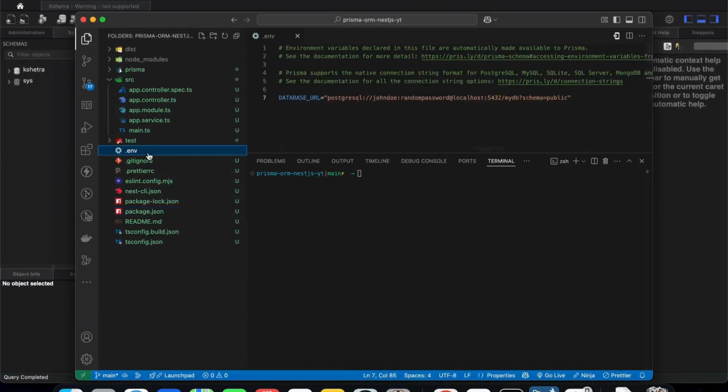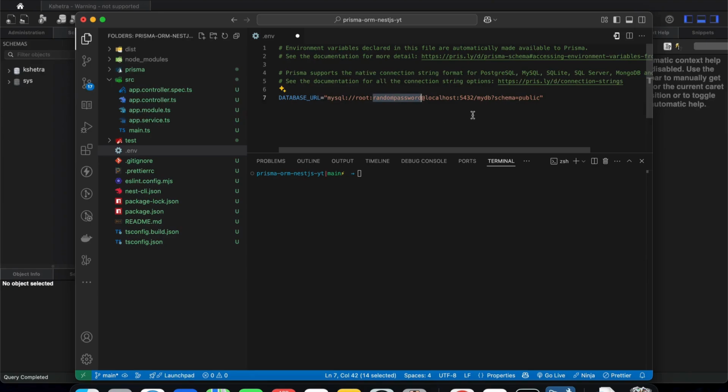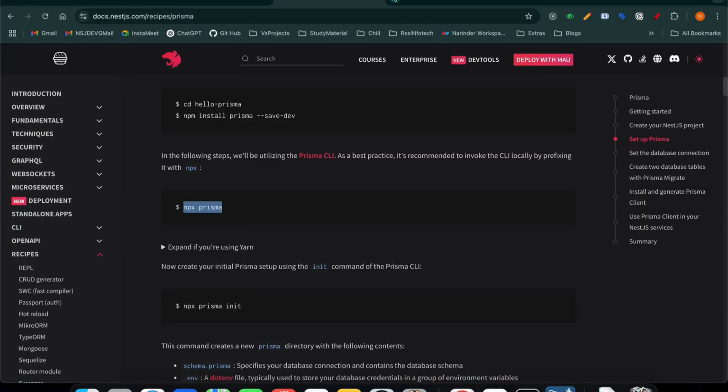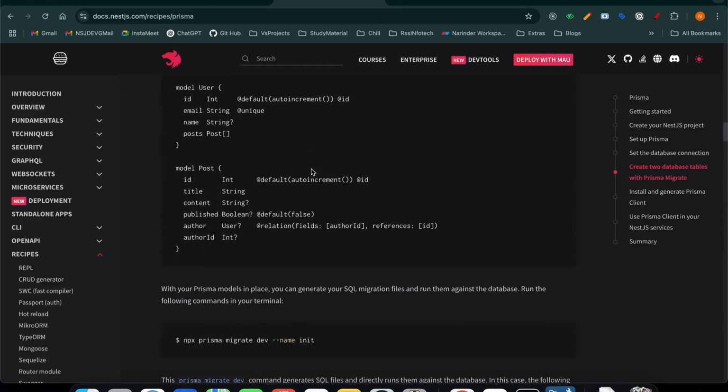So for MySQL, I have to change my database URL like this, mysql, and I have to provide the username here. My username is root for local, and there is no password, and my connection for that is on port number 3306, and my DB name is